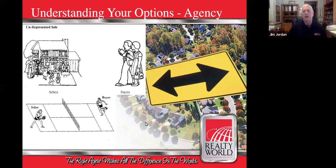One of the things that we need to talk about is agency and how agency works. In a real estate transaction, we typically have two parties, a seller and a buyer. And so the seller has a house that they want to sell, and a buyer has a house that they want to buy. And if we illustrate that on a tennis court,